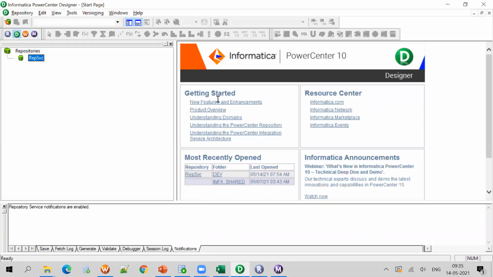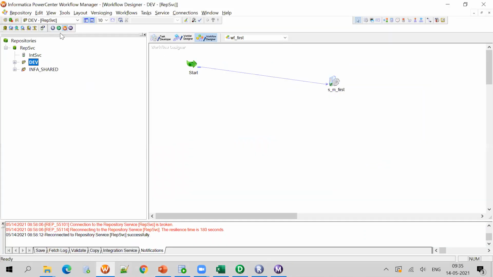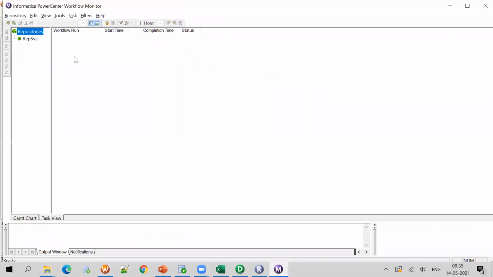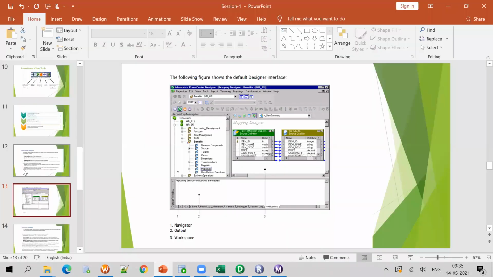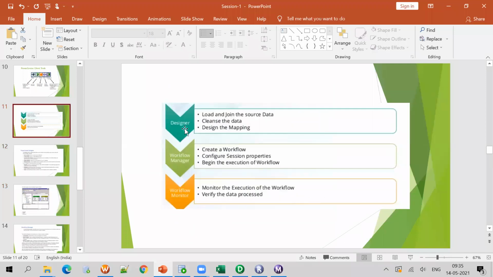We have Informatica Power Center Designer, Workflow Manager, Workflow Monitor, and Repository Manager. These four tools we will be using mainly. Now, for what we will use them, I'll tell you. The Mapping Designer will be used to load the source data, transform it, and load it to the target. The mapping will be done in the Designer.